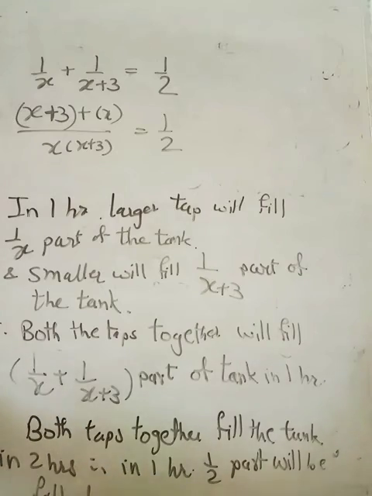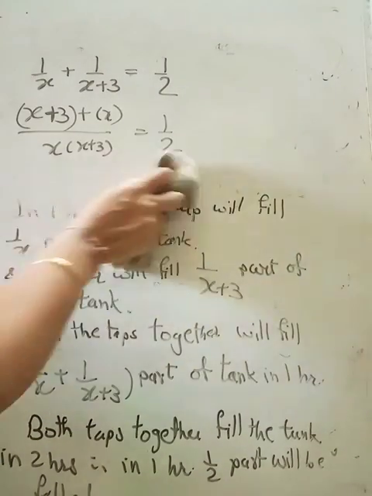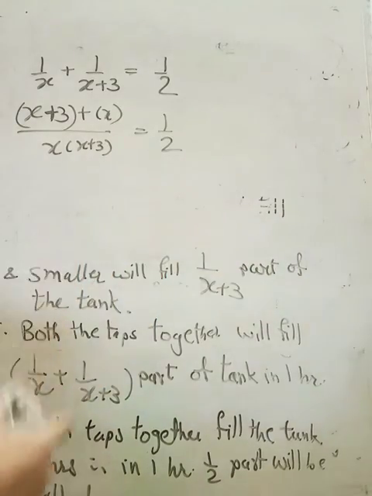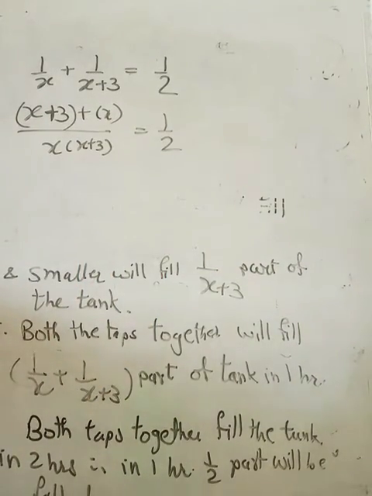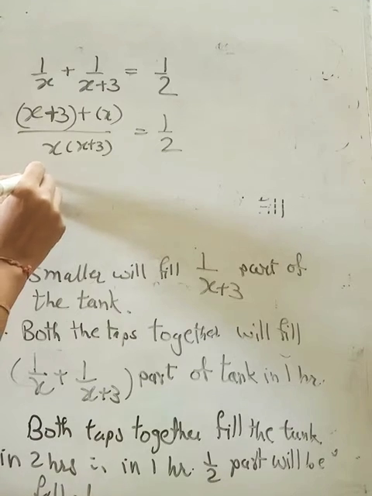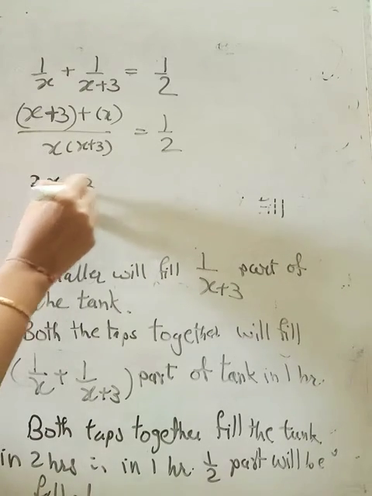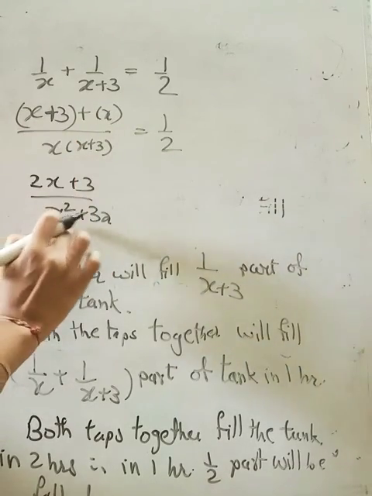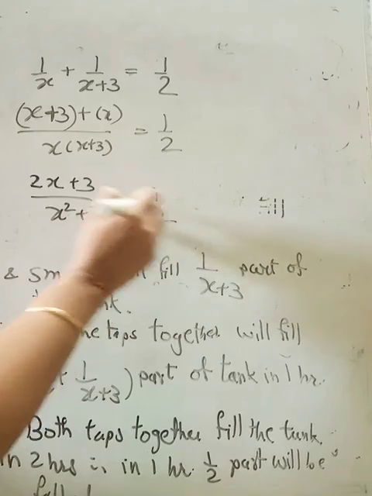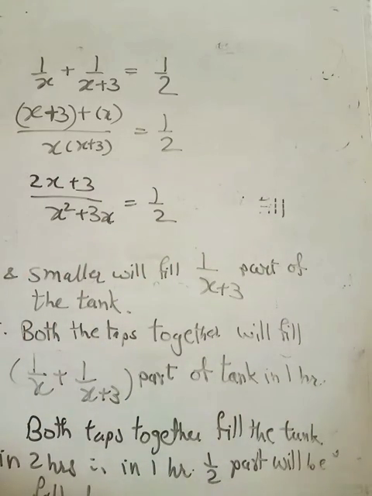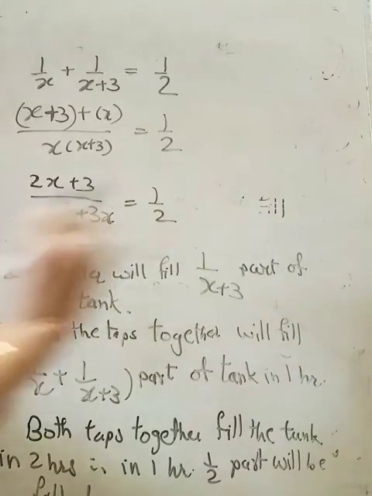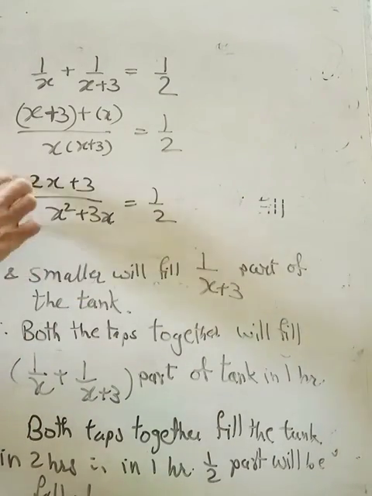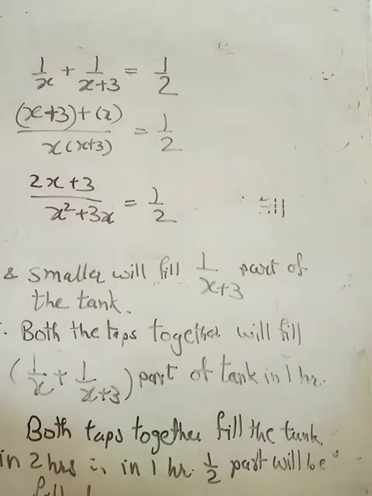Now we will solve further. Slowly we are coming to the equation now. Only this part is here. Once the equation is framed, फिर तो equation solve करना होता है. Main part was to understand कि कैसा होगा, छोटा टैप, बड़ा टैप, image इन सब. So it will be 2x plus 3 upon x square plus 3x. See x plus x, 2x plus 3 नीचे x square plus 3x is equal to 1 upon 2. Now again what we will do? Cross multiplication. इसको यहाँ लेकर, you will get a straight line. Right? Shift this 2 here and shift this x square plus 3x to the right hand side.